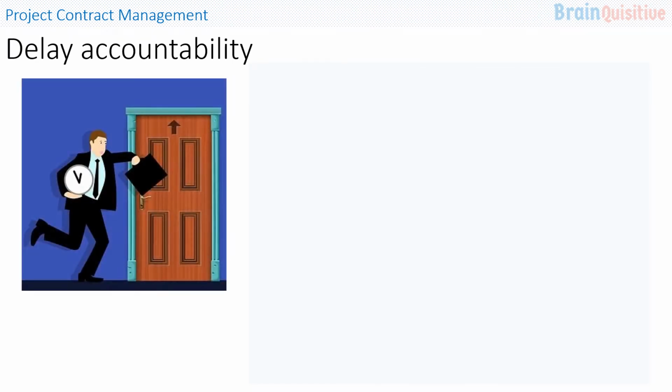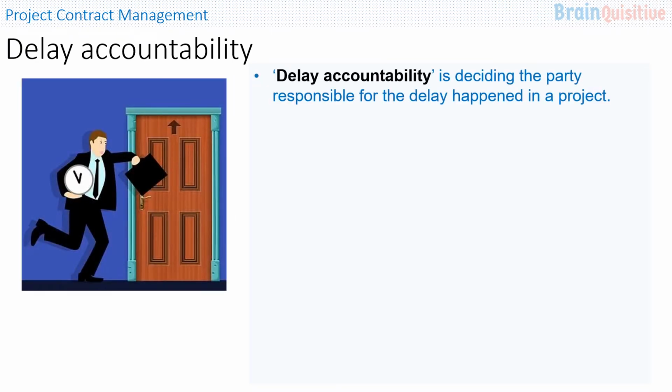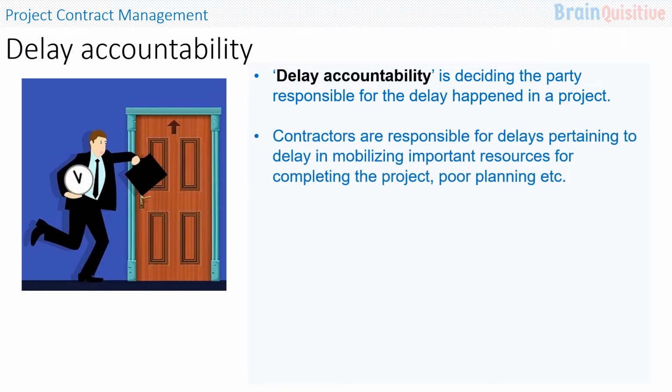Let us understand what is delay accountability. Delay accountability is deciding the party responsible for the delay that happened in a project. Contractors are responsible for delays pertaining to delay in mobilizing important resources for completing the project, poor planning, etc.,